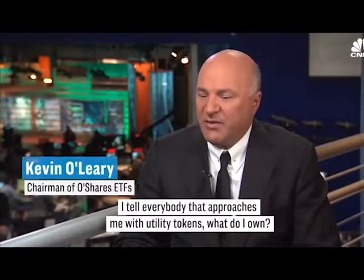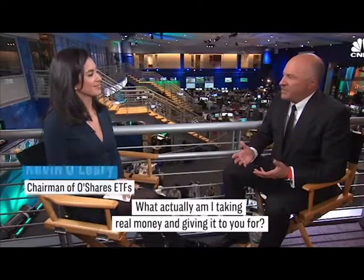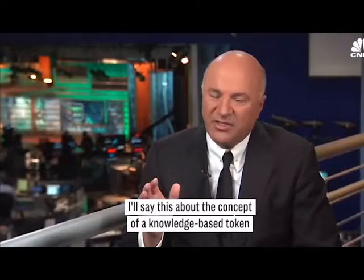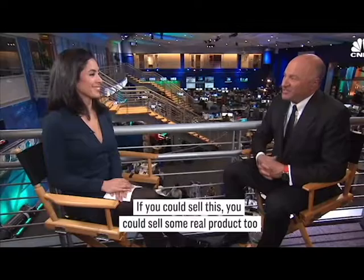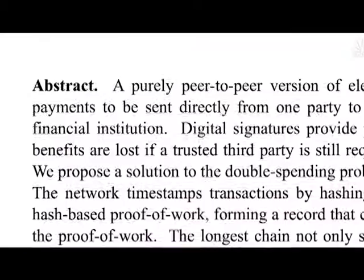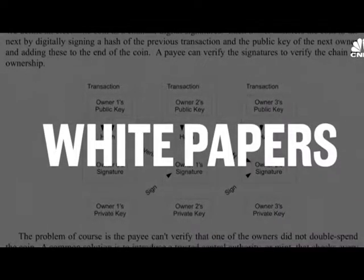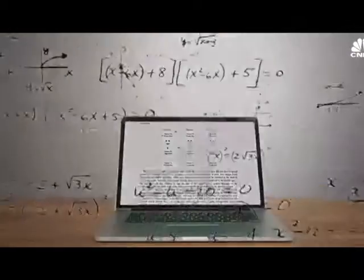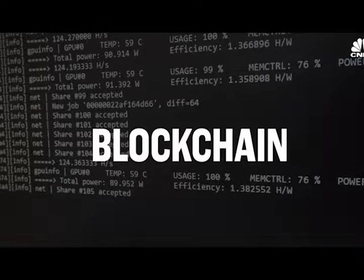I tell everybody that approaches me with utility tokens: what do I own? What actually am I taking real money and giving it to you for? You get knowledge. I'll say this about the concept of a knowledge-based token: if you can sell this, you can sell some real product too. Many coin offerings use white papers, and they can be dozens of pages long. Some are full of graphics, others are packed with mathematical equations which show how a token will exist on the